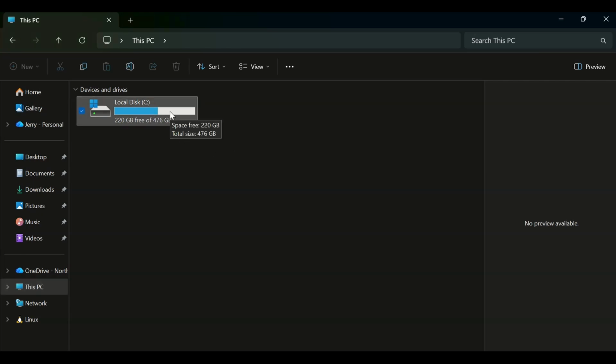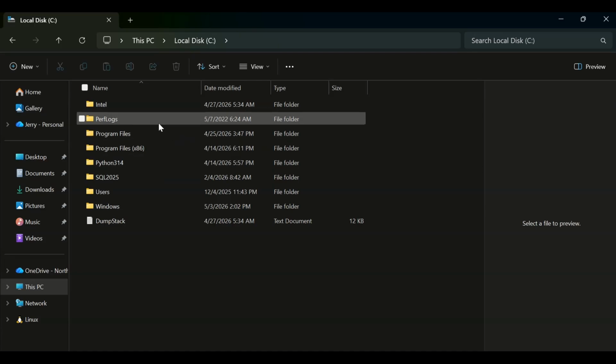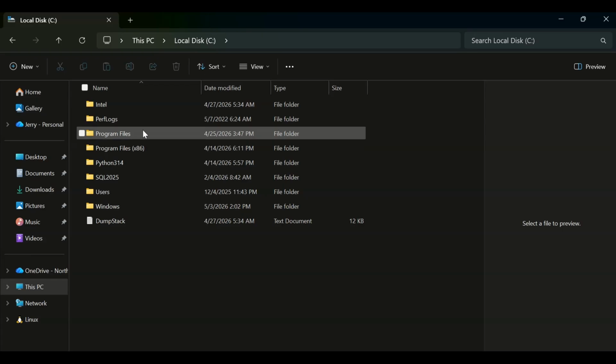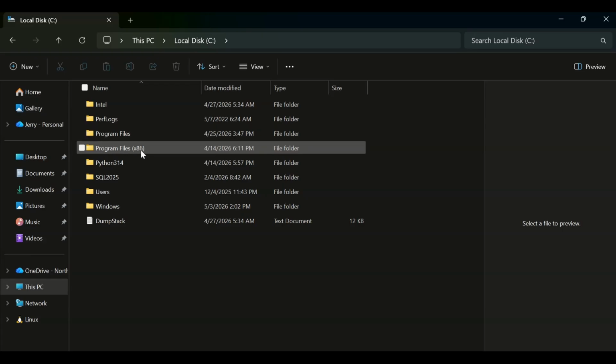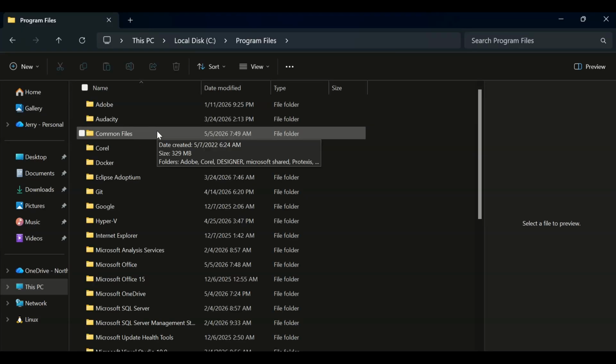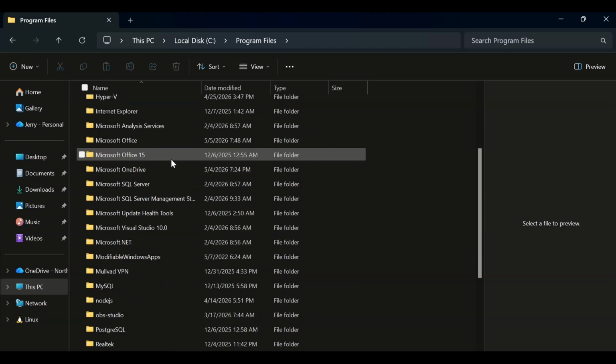Then I'll double click, it opens, and you see two major folders. Program Files holds the 32-bit installation files, but we saw earlier that pgAdmin is a 64-bit installation file. So open it, and then we'll scroll all the way to